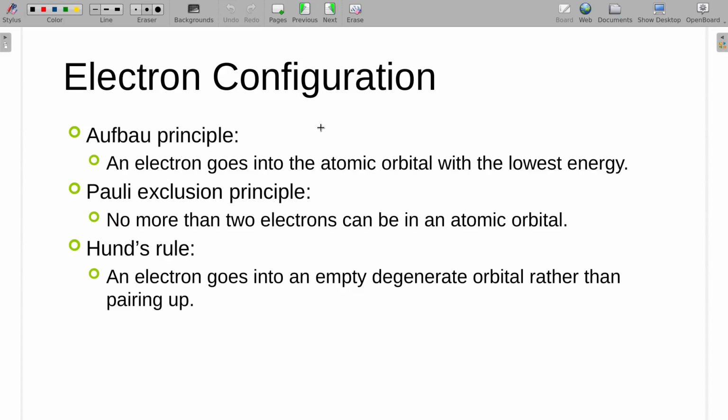Now, Pauli was the guy that came up with the concept that you can't put more than 2 electrons in an orbital. So if you have a box representing one of the orbitals, we put 2 electrons in, and the next electron goes into the next highest box, whatever that is. Hund's rule was talking about when we have degenerate orbitals. Remember how the p block of orbitals, there were 3 of them? So if this is the second shell with the p orbitals, there were 3 degenerate orbitals. And we will put an electron in each one of those before we start pairing any one of them.